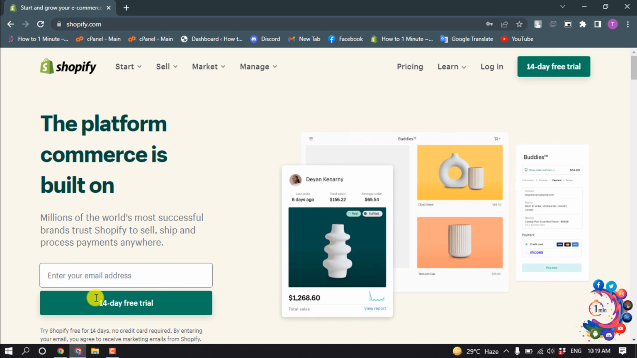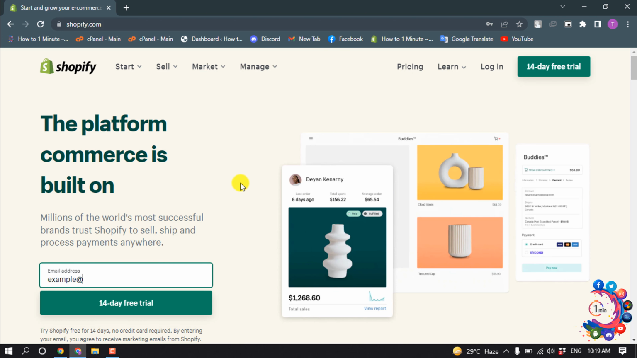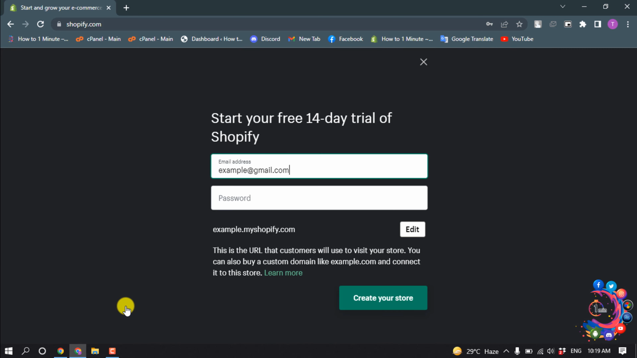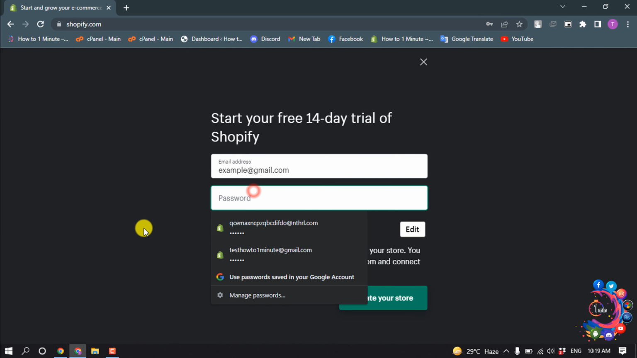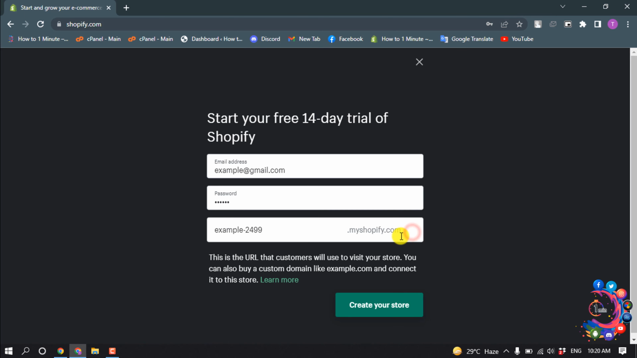And now enter here your email address and click on 14-day free trial, and now give here your Shopify login password, and this is the store name. To change the store name, click on edit, and from here you can easily change or edit the store name. If it's available, click on create a store,